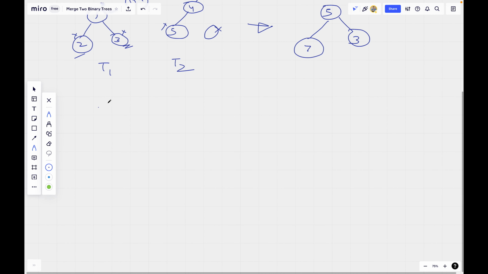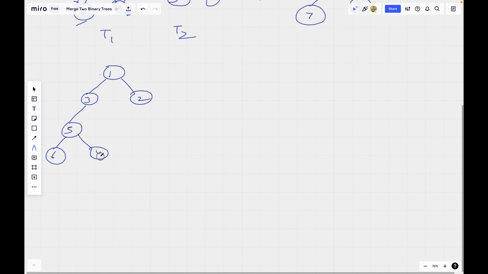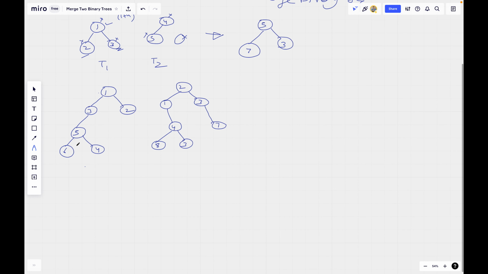So let us consider another example. Now suppose we need to merge these two binary trees T1 and T2. Again stating the fact that we are merging T2 back into T1, right? So we start from here, we update the value of this node as 1 plus 2, which becomes 3.